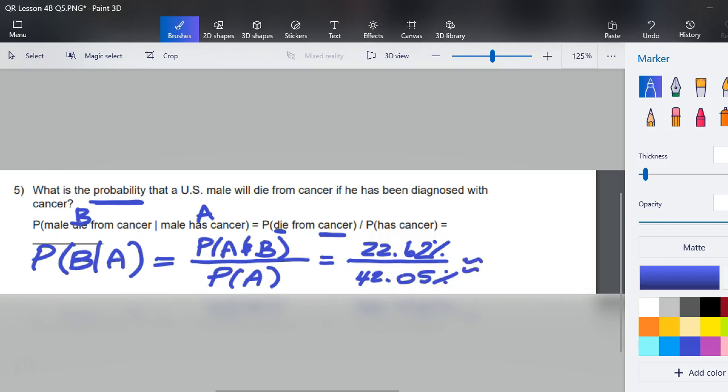When we divide these, I'm going to go ahead and do that because I'm not going to trust my notes right now. I've got 22.62 divided by 42.05, and I am getting